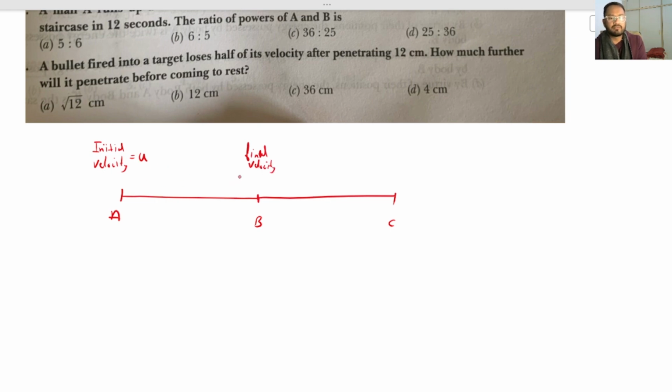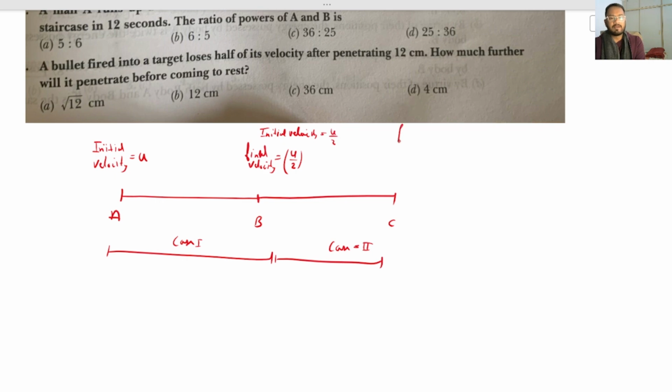Okay, so initial velocity is u and final velocity is u by 2, right? So this is case 1, from here to here, and from here to here it is case 2, right? When we do case 2, the final velocity of case 1 will become the initial velocity. So the initial velocity for case 2 will be u by 2, and